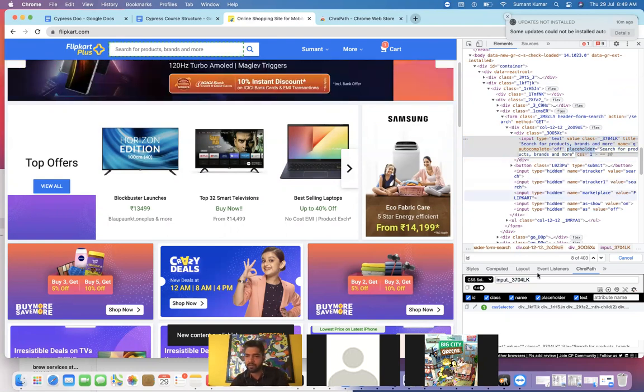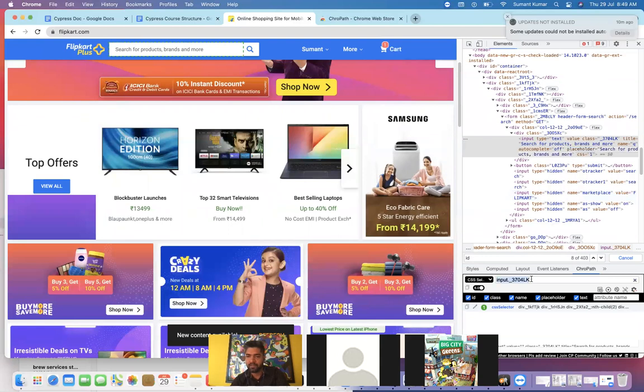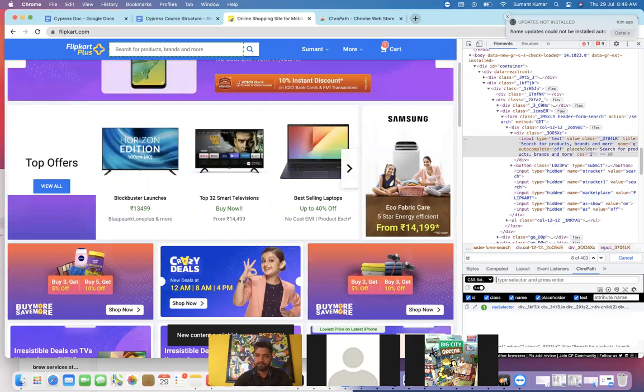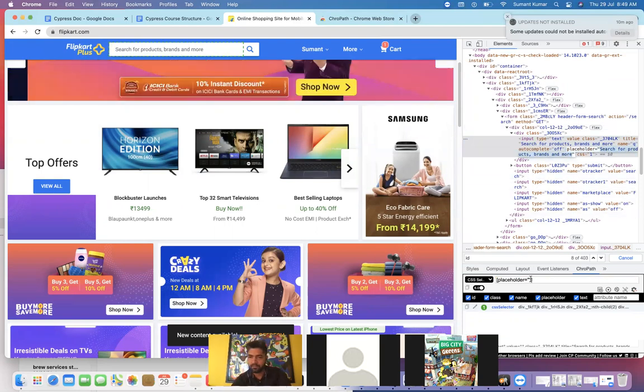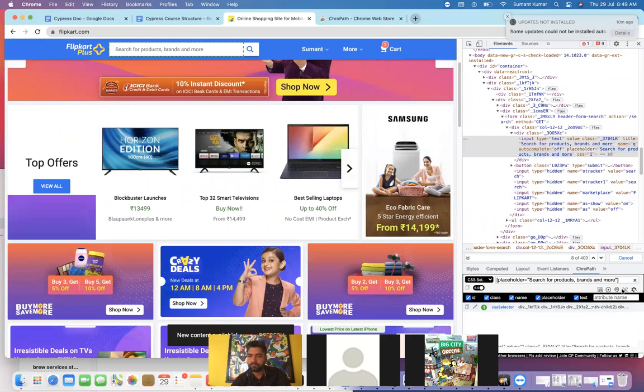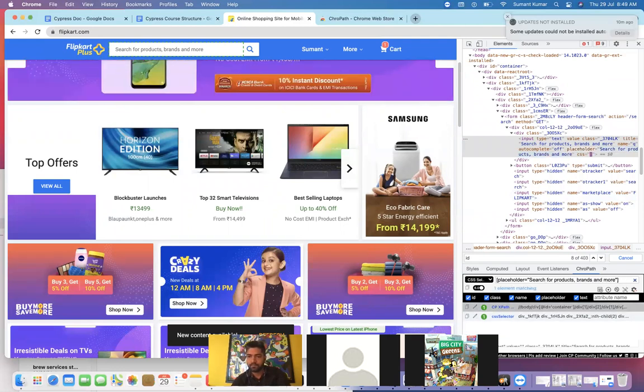I will copy this one, come here, and put the brackets, attribute placeholder equal to, and here I will assign the value, this particular string. You can see one element is matching, correct? And it is highlighted here as well. Yes. So this is the way with the help of attribute value.